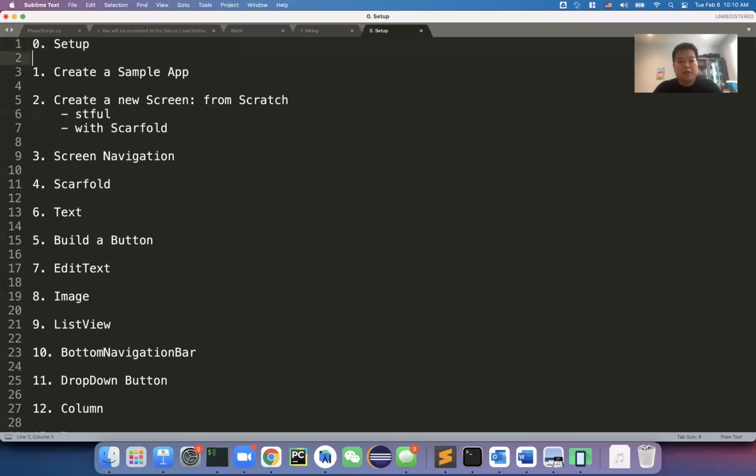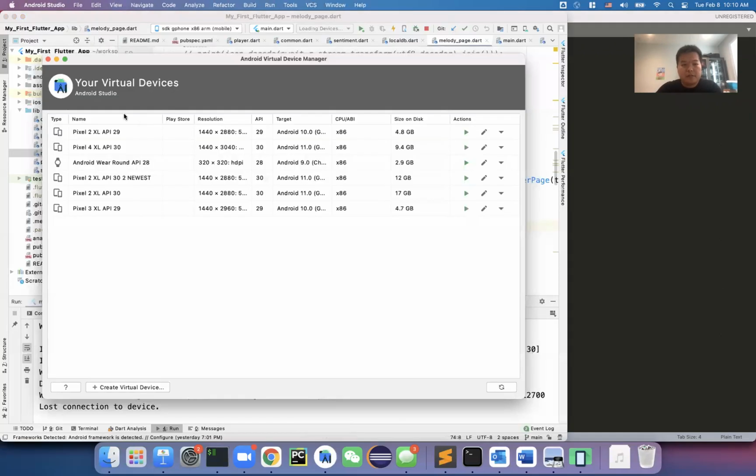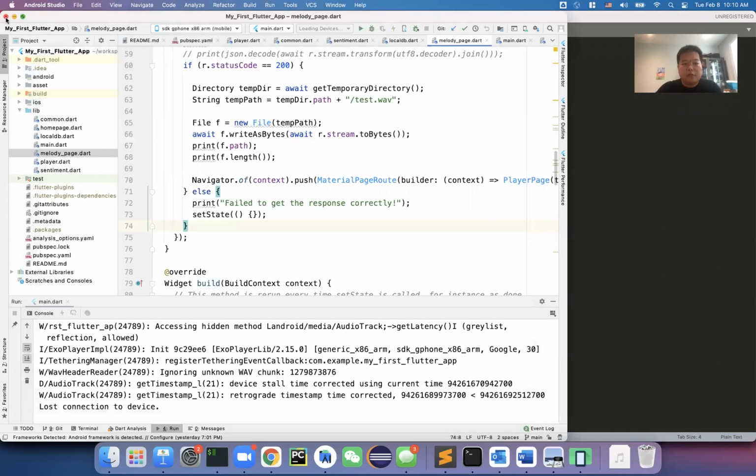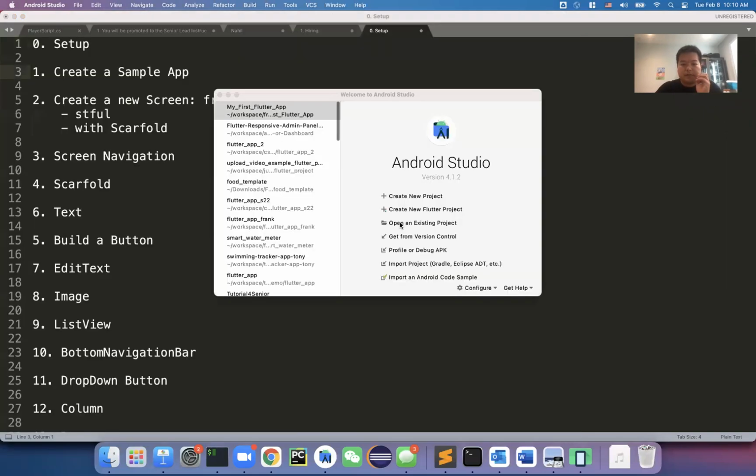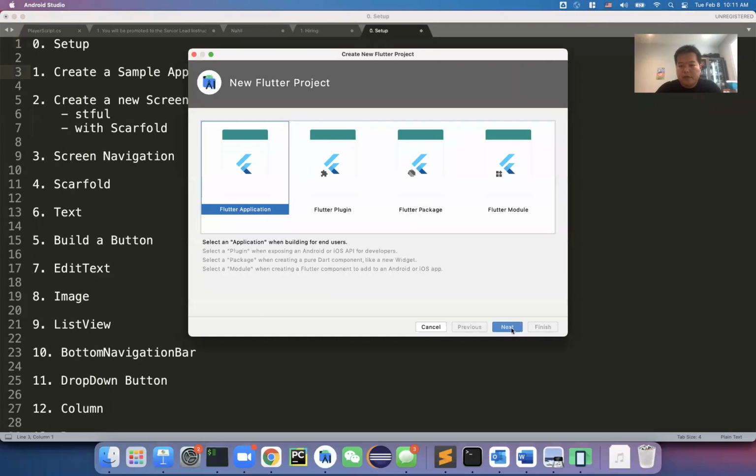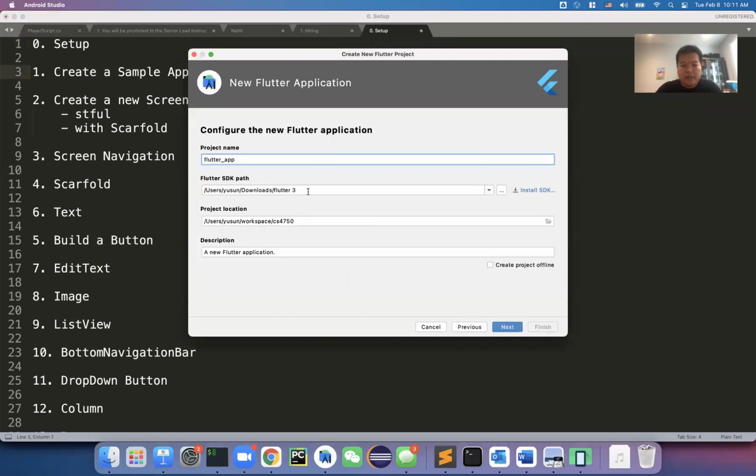All right, so now assume that you already have everything set up. Okay, let's actually create a brand new sample app. Okay, so I'm going to go back. So you want to open your Android Studio and then create a new Flutter project and just default application